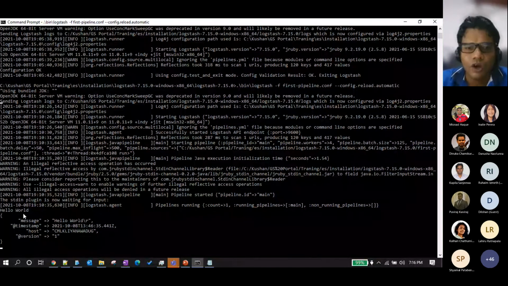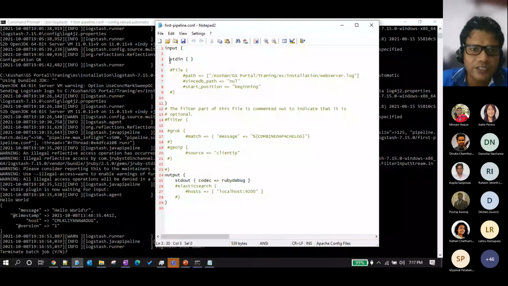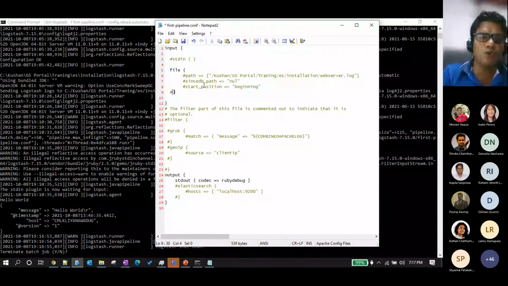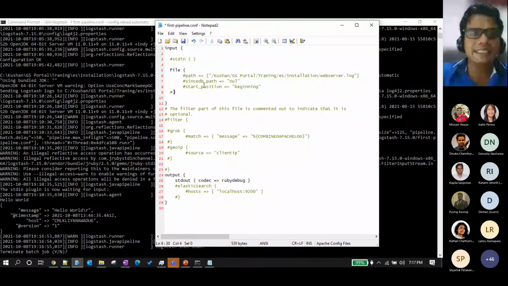So I'm disabling std in, and I am enabling the input plugin as a file. So now I am using the plugin called file.